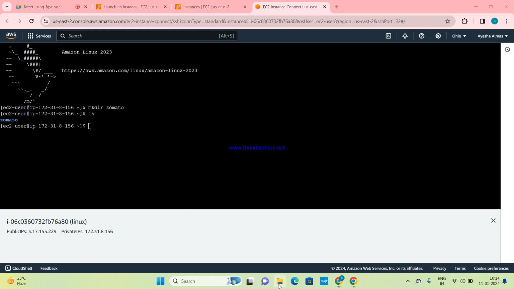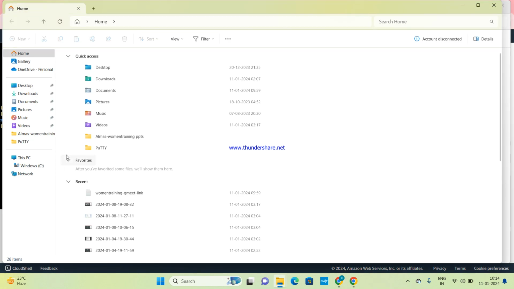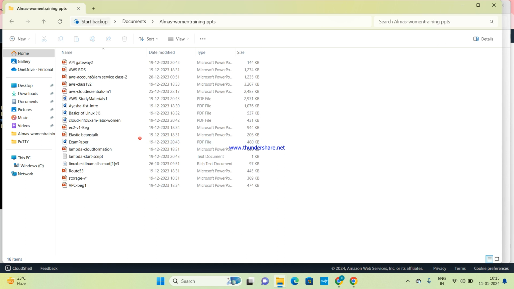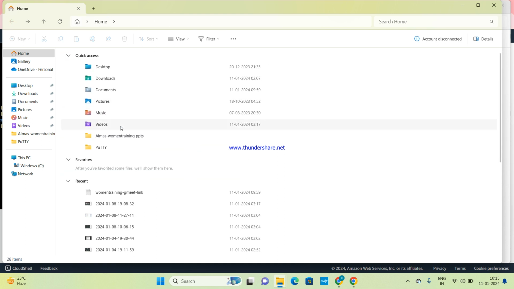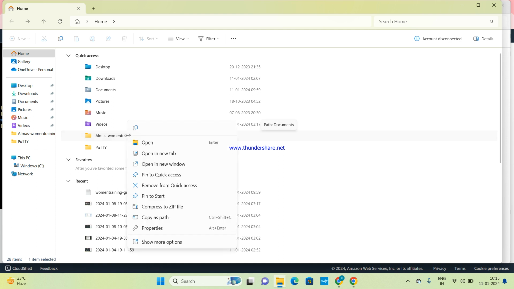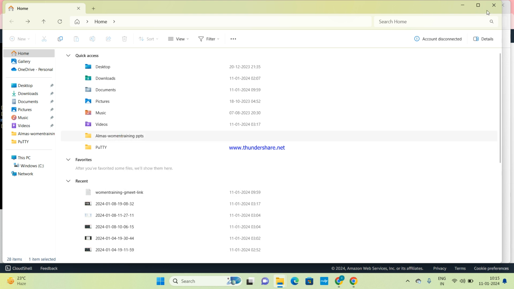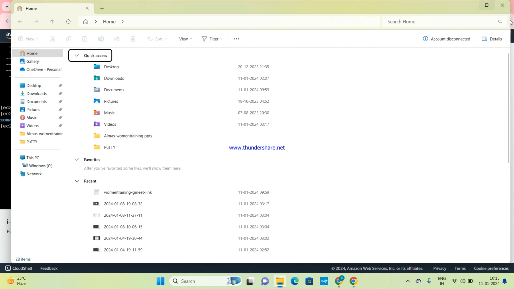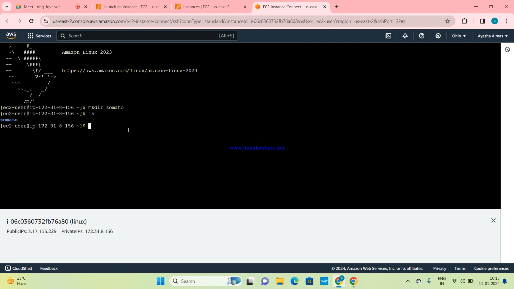like in Windows, for example, I have created this Almas Women's Training PPTs. This is a directory. If I want to go into the directory in Windows, what do I need to do? I need to double click or right click and open, right? Yes, ma'am. In Linux, what do we need to do? We need to pass the command